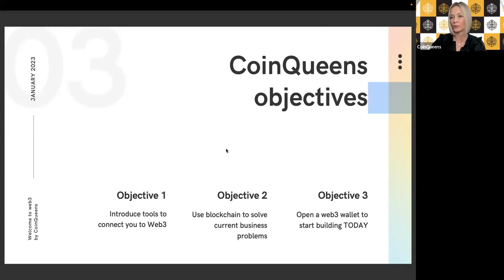The reason to start building in Web3 is not because you want to create an NFT. The reason to start building in Web3 is because you want to solve a business problem, whether that's growth, increased customer loyalty, engagement, whatever it is. So I want to deeply explore more often the ways we can do that with these tools, not just talk about how they work, but how we can use them.